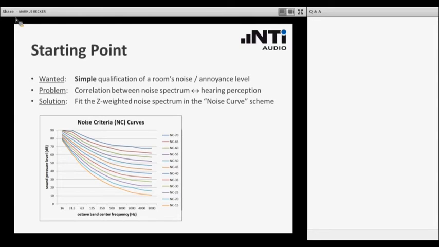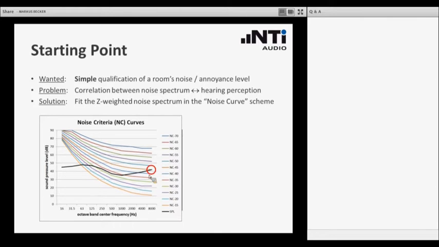What we do now is we measure the present sound level in a room in octave bands and plot it into that scheme. You see here this black curve shows us the corresponding level values for each octave band. Now we take a look at which is the highest noise curve that touches our measurement curve.